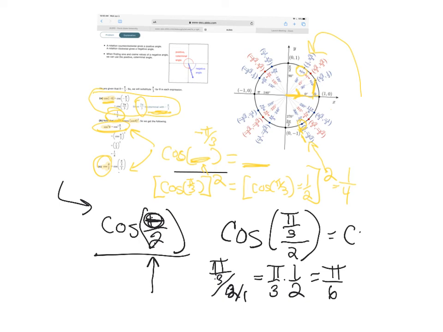So this is actually the cosine of pi over 6. That's the actual question they're asking. Okay, so let's go to pi over 6. Again, it sounded like you had that kind of down, but I want to go over it. Cosine of pi over 6. So when I plug in pi over 6 into the cosine value, I should get the square root of 3 over